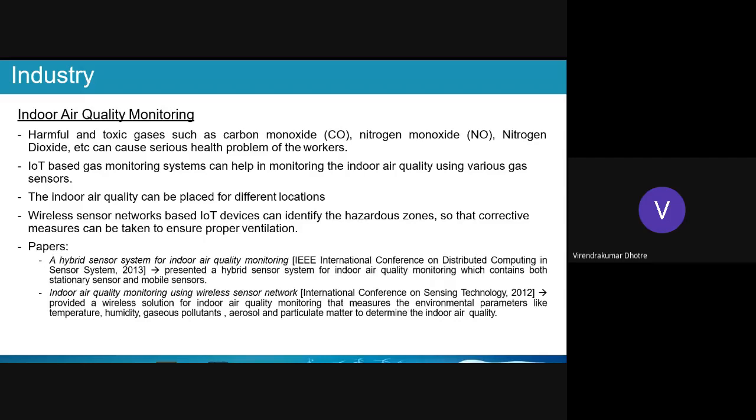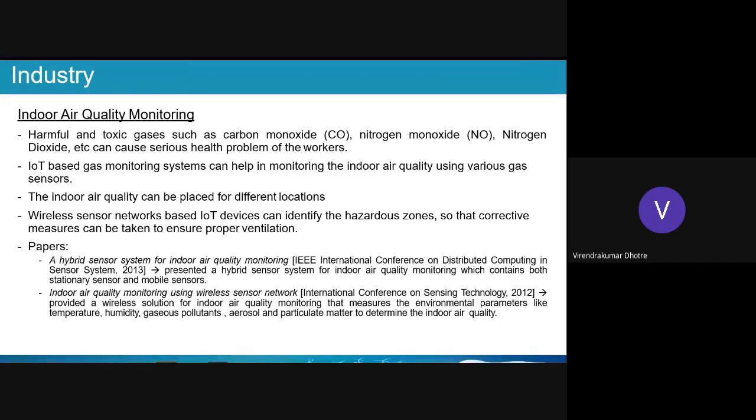Harmful and toxic gases such as carbon monoxide and nitrogen dioxide cause serious health problems to workers, even in industry where manufacturing units are there. An IoT-based gas monitoring system can help to monitor and improve the air quality